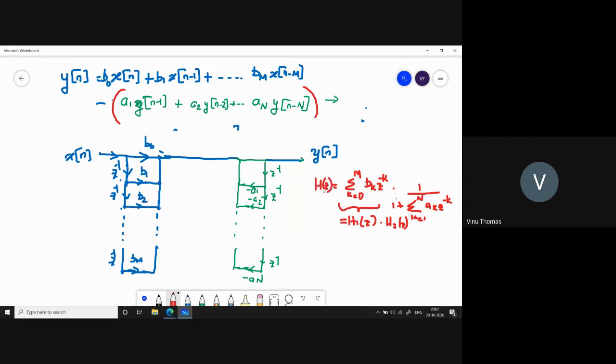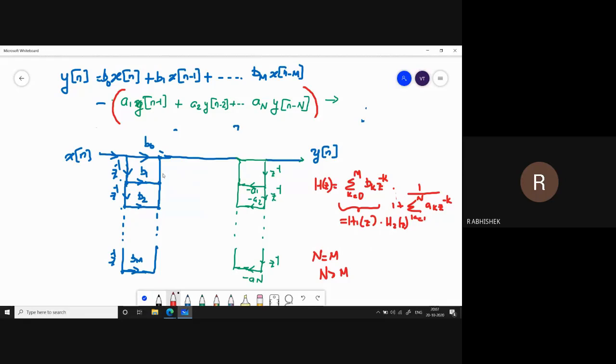Now, Abhishek, can you please tell me how many memory locations? For this example, you have taken n to be equal to m. In general, you know that for an IIR filter, you require n to be greater than m, but for illustration purposes, we are taking n equal to m. Now you can tell me how many memory locations are required to implement this structure?